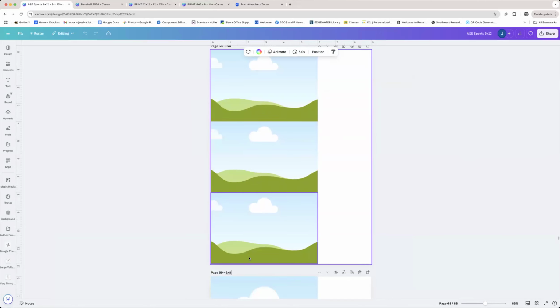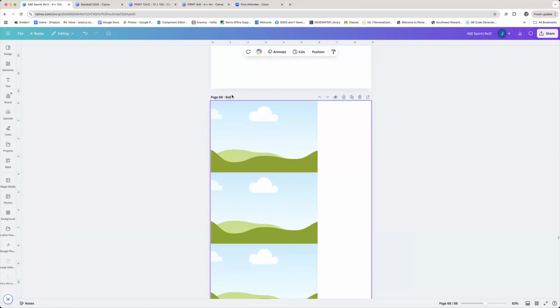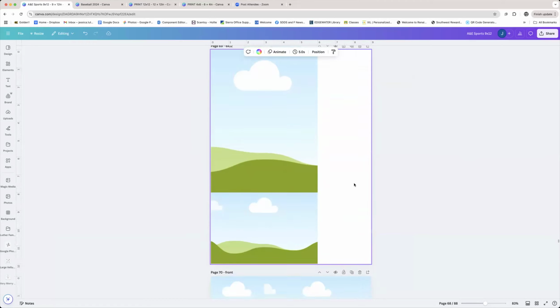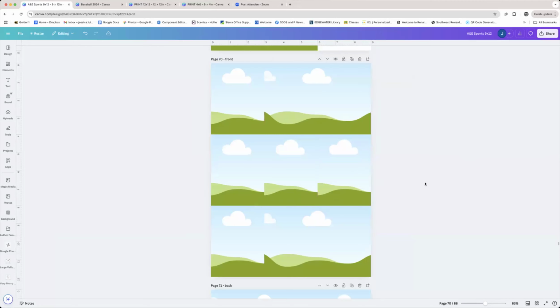Oh, and see, my page name right here is wrong. So anyway, I like to also name my pages so that whenever they export, this is the little file name that exports with them. And it's also a description of what the file is. So then this is a page protector setup. We've got the 2 4 by 6s, the 3 3 by 4s in the center, and the 3 by 4, one on the top and one on the bottom.